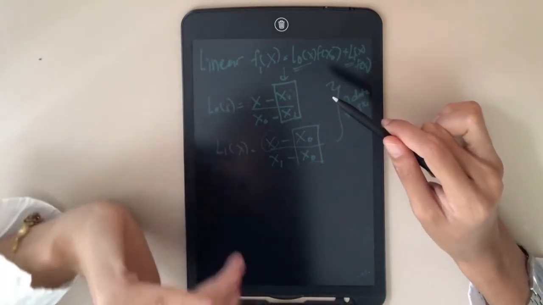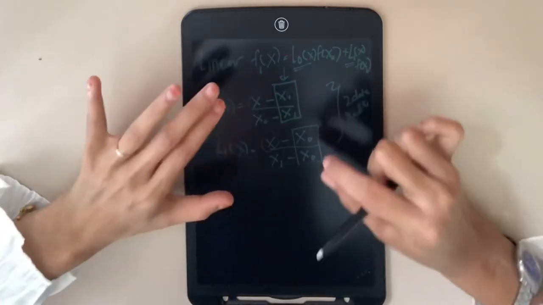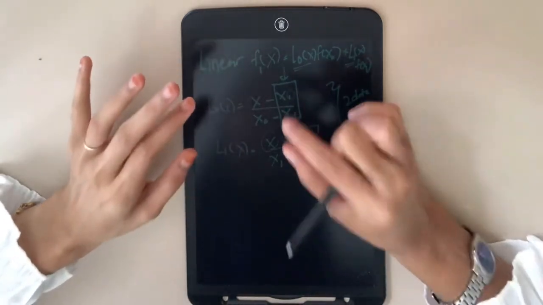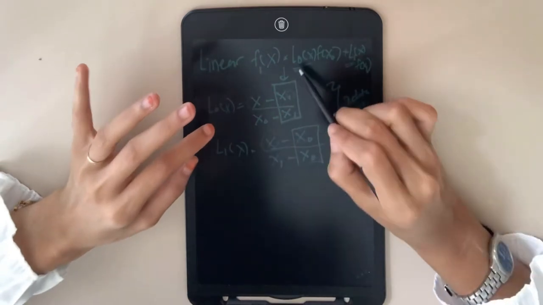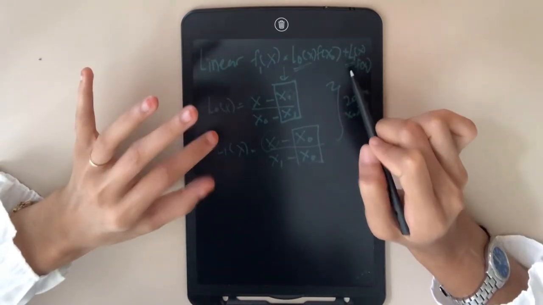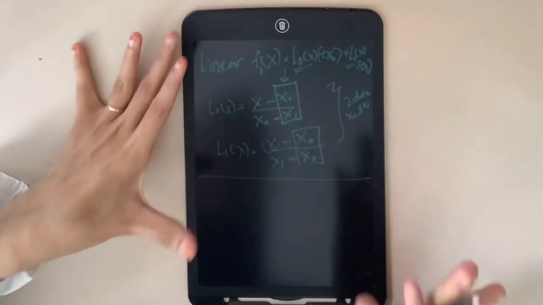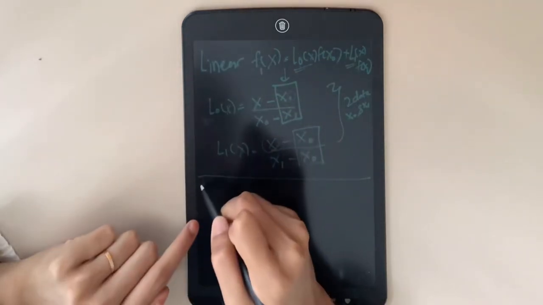Maksudnya tak ada S2, tak ada S3 and so on. So you will find these two values, okay, and then you will substitute back into L0 and L1 here. Okay, so this is for linear. Okay, for linear. So for quadratic,